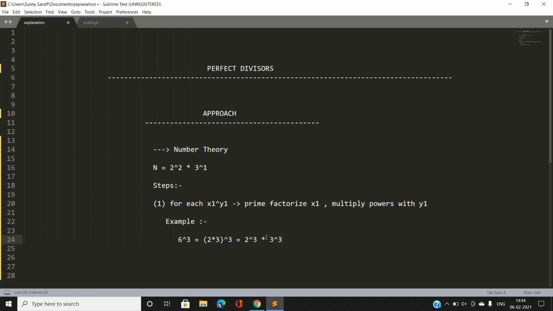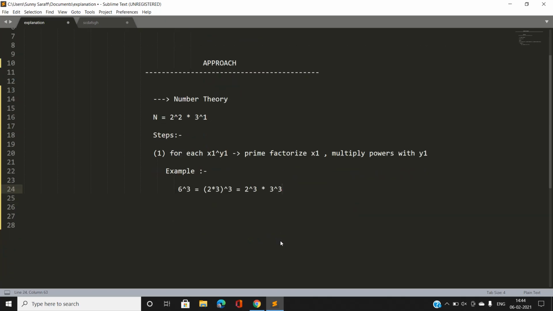So 6 power 3 can be written, on prime factorizing the base, as 2 power 3 into 3 power 3. Similarly, 12 power 3 can be written as 2 power 2 into 3 power 1,